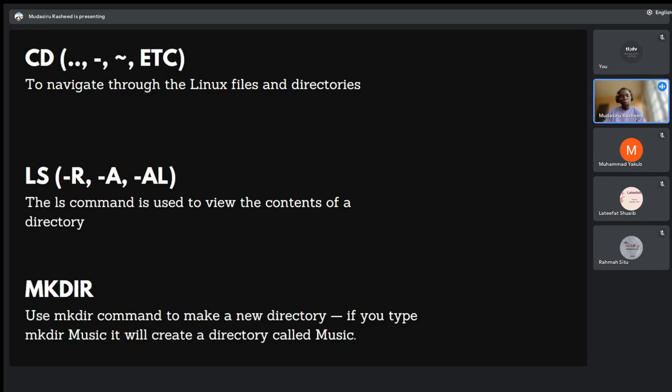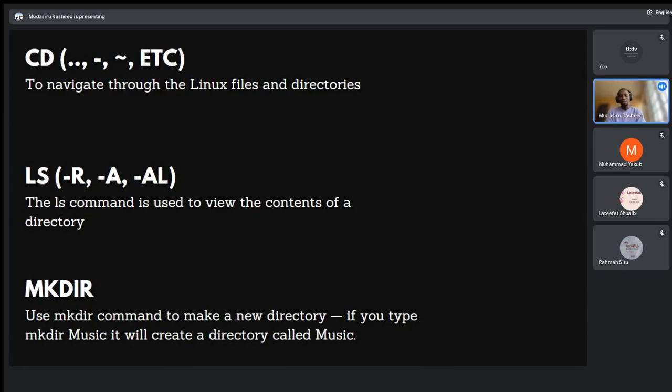And we have dash a, we have dash al. Dash a is to give everything inside that folder. And same thing as ls, when we get there, al will still give us, on this particular file inside this folder, these are the actions you can perform. You can open it, you can write to it, you can read it, and every other read and write operation that can be done on the particular file. We will see it in a bit. It's fully abstract now.